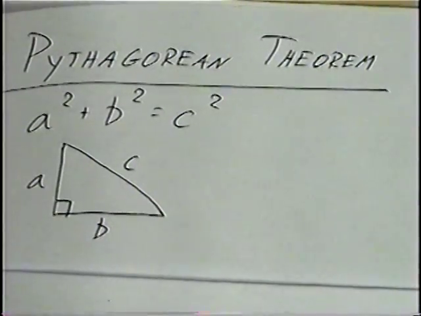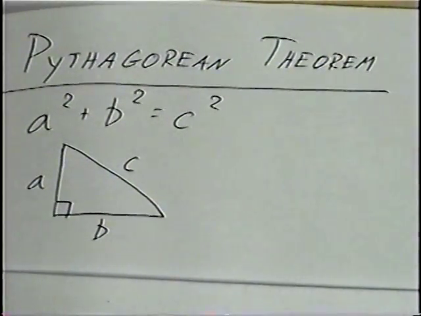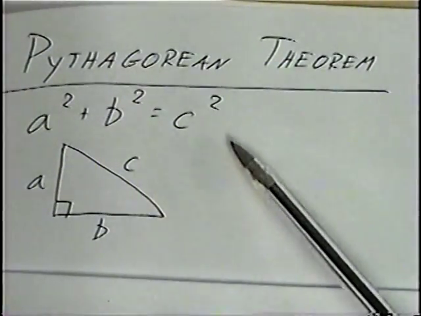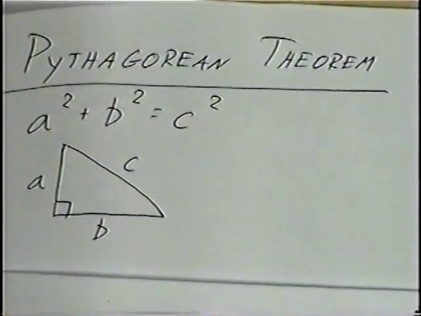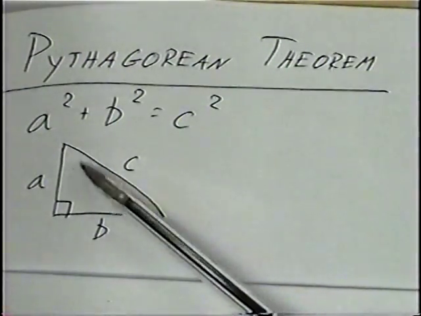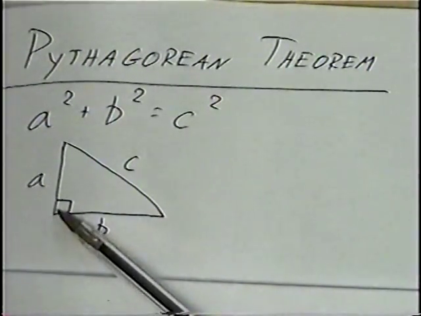Title of the last section is called Pythagorean Theorem. The equation for Pythagorean theorem is a squared plus b squared equals c squared. To use this formula, we can use it when we have a triangle with a right angle or 90-degree angle. The two letters A and B will be the two short sides of the triangle that are touching the right angle. And letter C is the longest side, also called the hypotenuse of the right triangle, that is across from